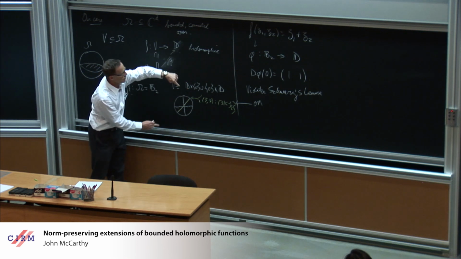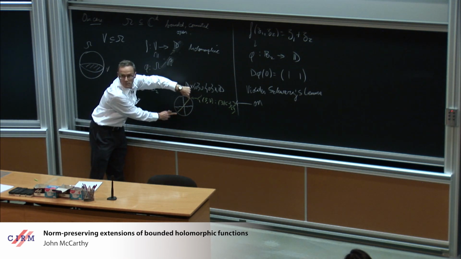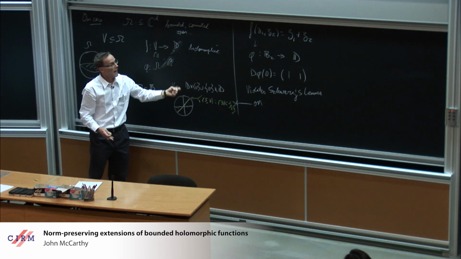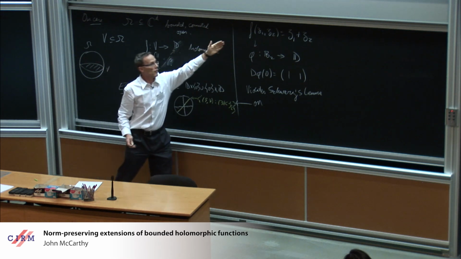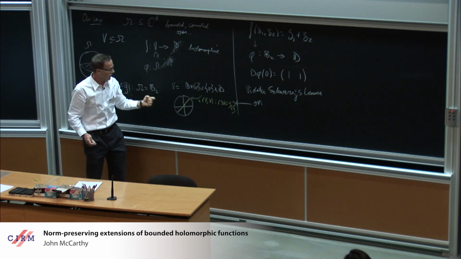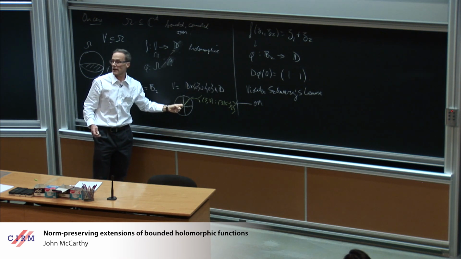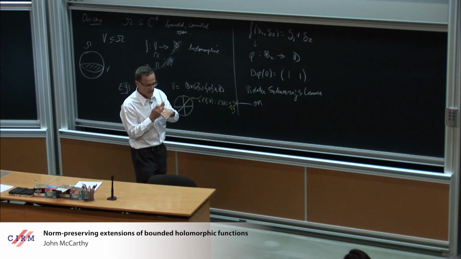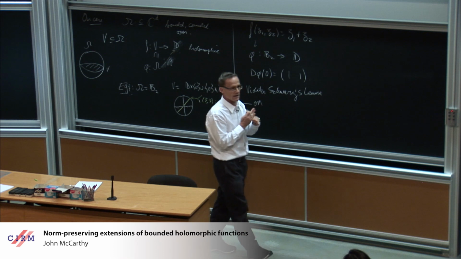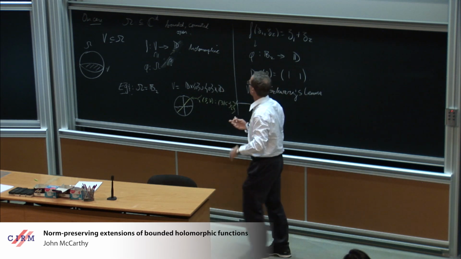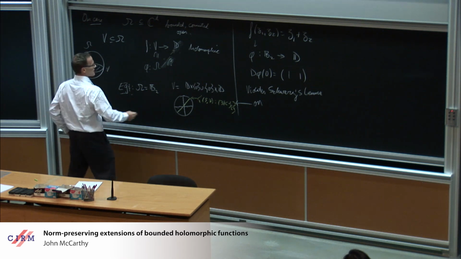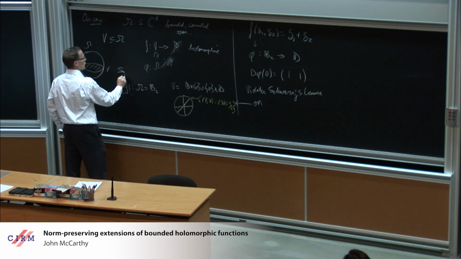Notice this function we've chosen is going to be very big in this direction. So I can wiggle it some. There are obviously other possible extensions than this one, but however I wiggle it, I'm always going to violate this derivative property here. So the takeaway from this is that sets that have the extension property, oh yeah, let's give this a name. So let's say that V has the extension property.